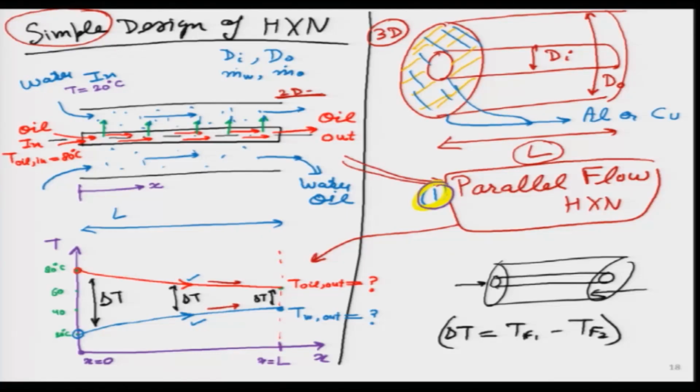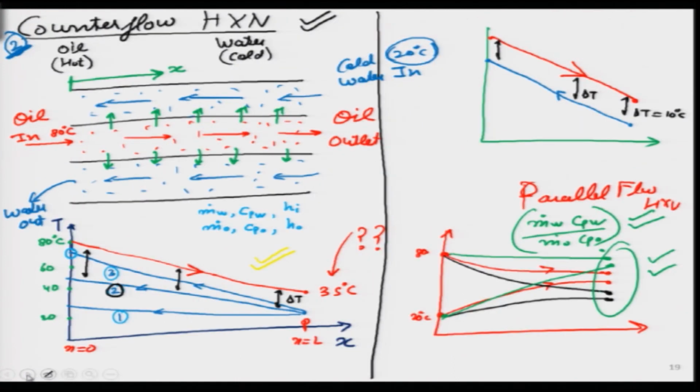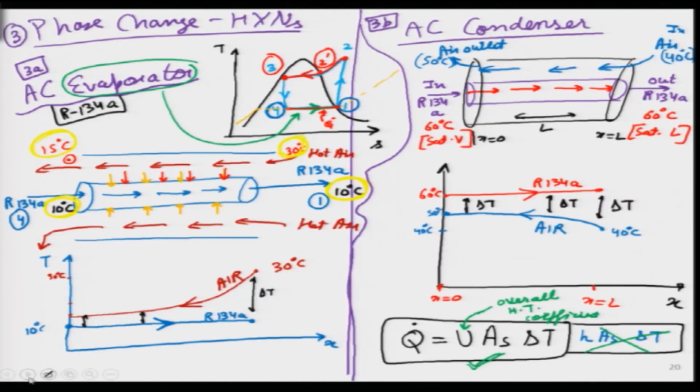I wanted to start off with a very simple concept. The first case that we looked at is one of the simplest heat exchangers, the parallel flow heat exchanger, and I think I spent a lot of time on it, so students do not need to be reminded about that. The counter flow heat exchanger was number 2, and here we saw very interesting cases where temperatures can reach very high and very low values. Then we looked at 2 practical examples, evaporator and condenser, where phase change is actually taking place. Then I started talking in terms of delta T with the motivation behind U.